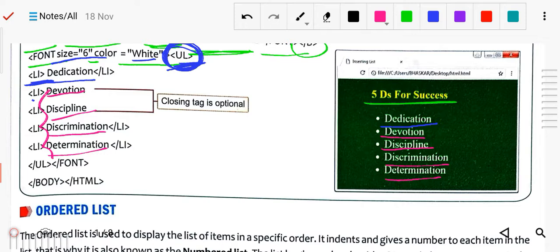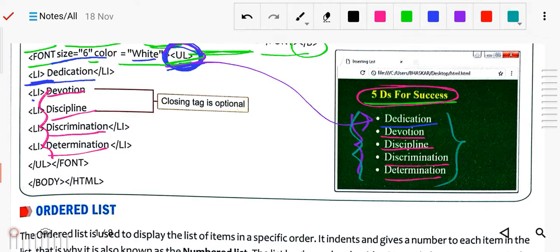This one is your heading, which is in the upper part. Now we have declared with this ul, you can see, that all these values are unordered, meaning they have no order like 1, 2, 3 and so on. Which kind of list is it? An unordered list.